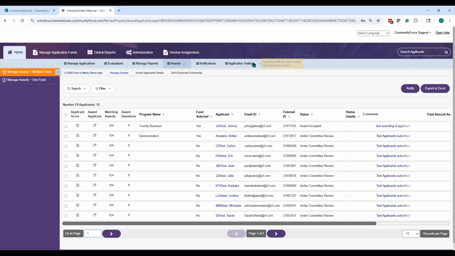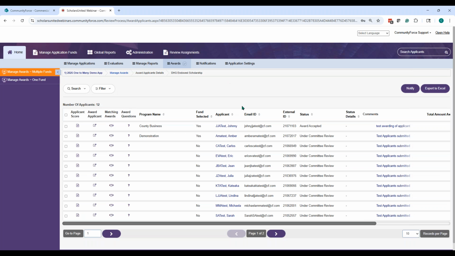So that matching is coming from the assigned fund, and then the criteria that you created to tell the system that if an applicant, based on the questions that they answered in their application form, answered questions a specific way, they're eligible for this specific fund. And then the system matches them, and this is the result that it shows us. So I can see here I have 12 applicants that matched to this funding source.